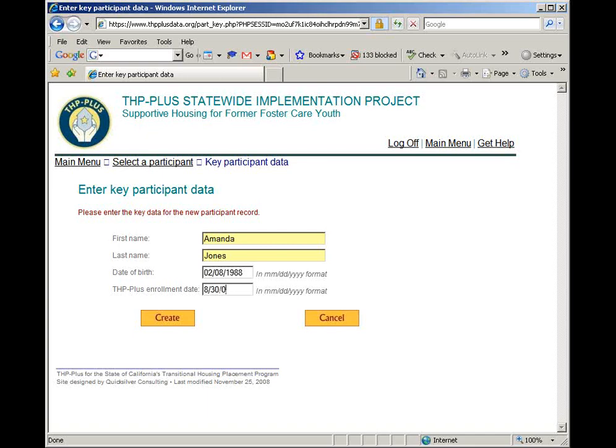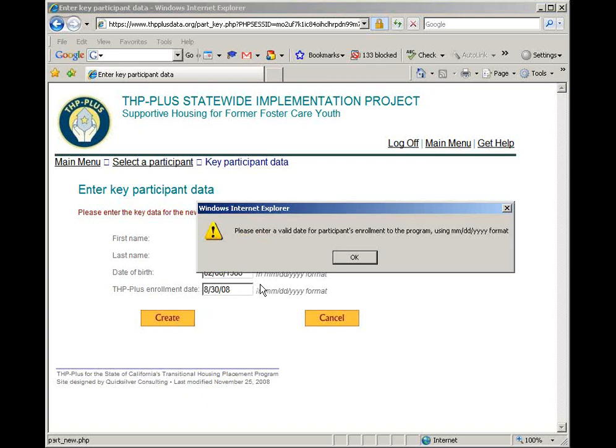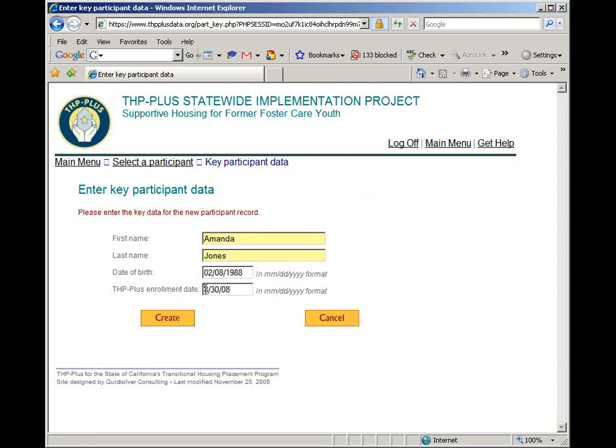And let's say I do it like this, where I say 8/30/08, because that's just how I usually write dates, and I try to create it. It's going to prompt me to collect a valid date for the participant's enrollment to the program. So using this valid date format of 08/30/2008. And once I do that, I click Create.